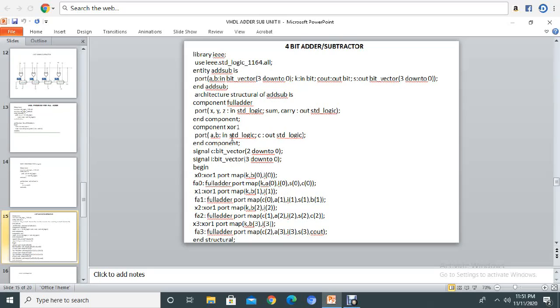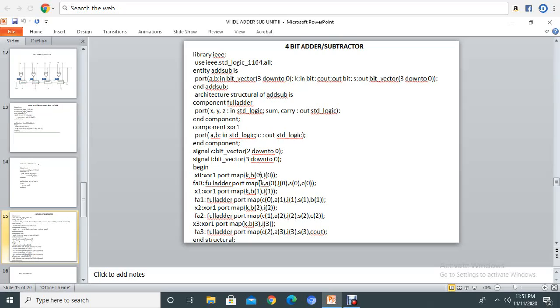You see here in XOR1 first I am declaring inputs, A comma B, then I am declaring the output. So here also you have to first write the input ports of the binary adder,